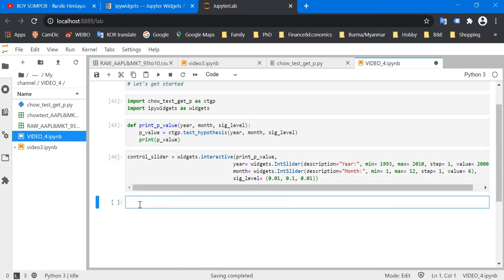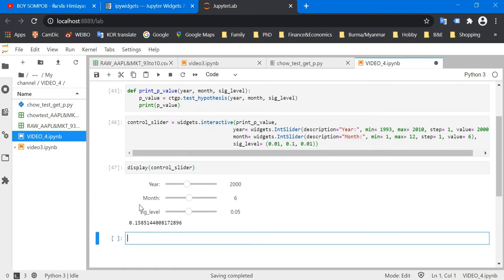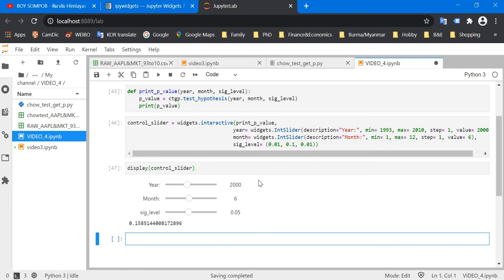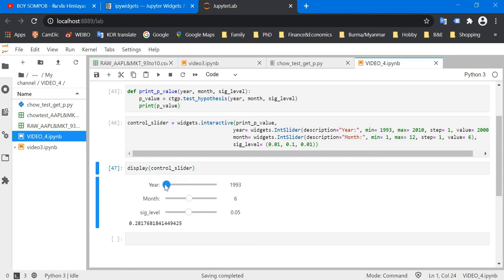So now I just need to display the control slider. I hope nothing goes wrong. Let's pray hard and enter. Good. Yes. Now you see. The year will go from a minimum of 1993 to a maximum of 2010, and then you can slide it. Also, the month you can change from January to December, and as you change your significant level, it doesn't really matter, but